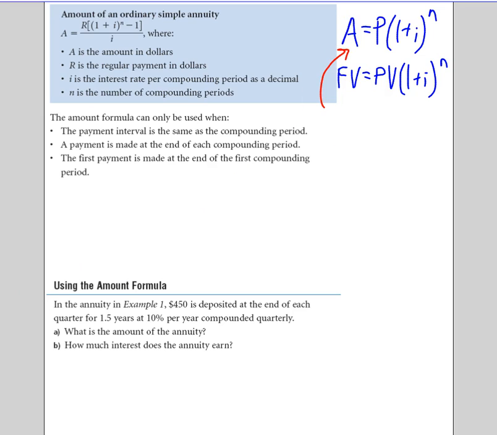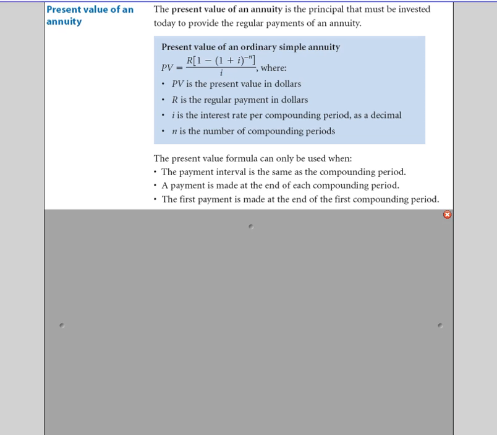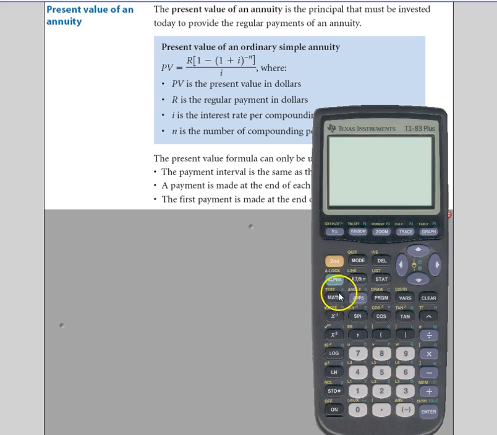So in this lesson, we're going to be looking at the present value of an annuity. We'll develop this formula and use it in this lesson as well. The quantities used in this formula are very similar to what was used in the amount of an annuity formula, so there are some similarities that will help us learn this new formula. The application for technology is also present when we're using the TVM solver. You've had a chance to do that already, so you know about the apps and the finance menu